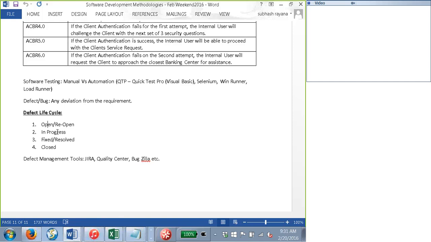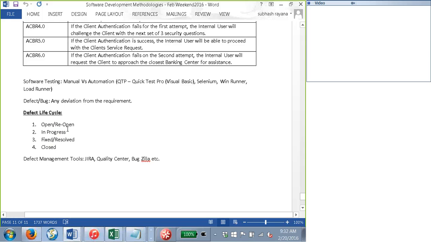We are going to update the status as fixed, stating that we have resolved the issue. Once the issue is fixed, the testing team or whoever reported the defect will retest it. Once they retest, there are two possible outcomes: the testing is either a success or a failure, right? If the testing is successful, the defect will be closed. But if the issue fails, for example, if the defect was not fixed properly,